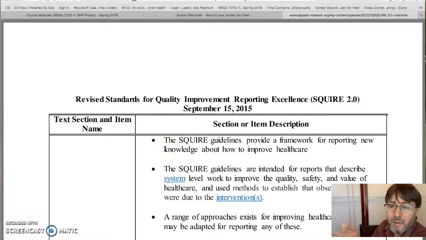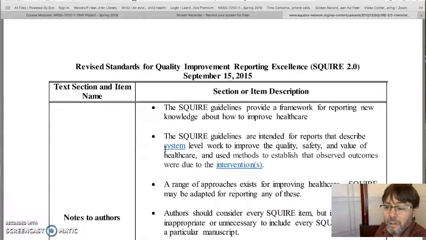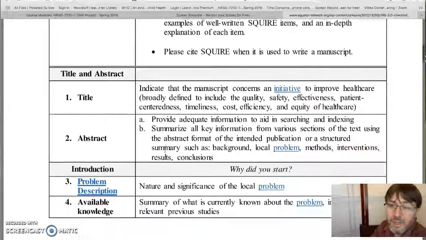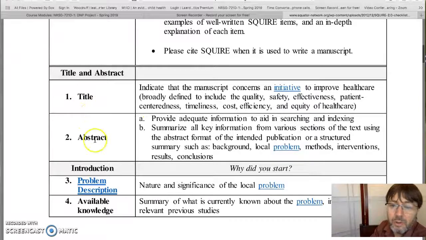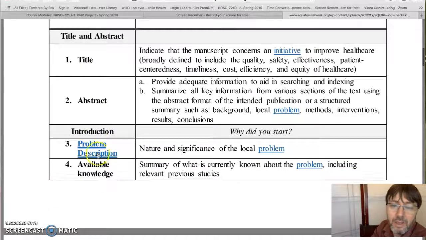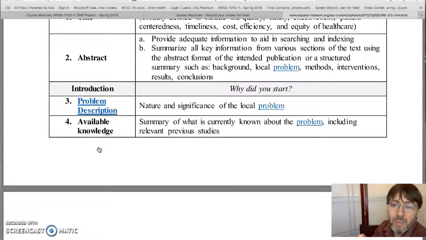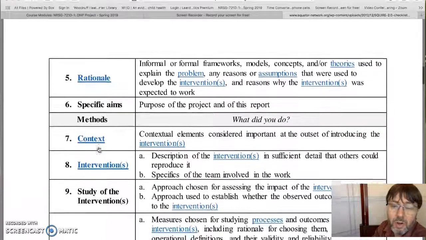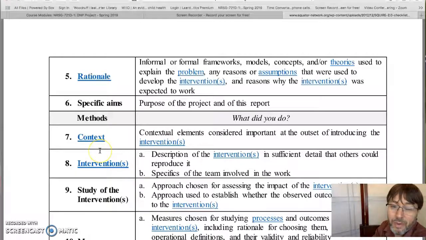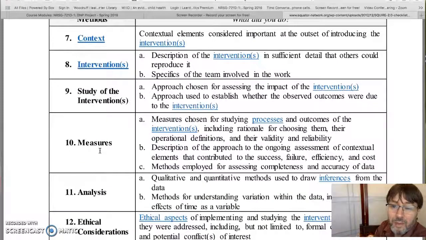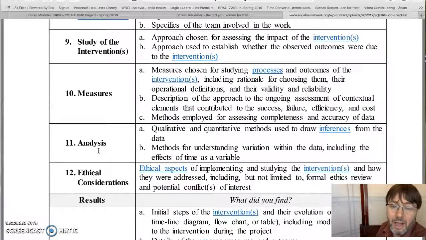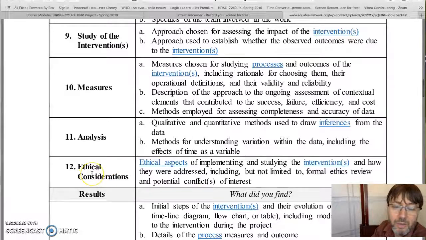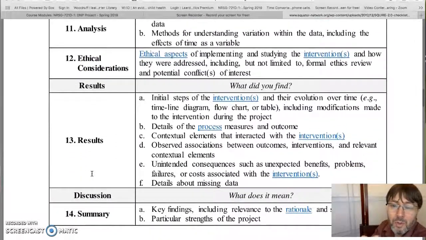So these are the standards, Squire 2.0, for reporting quality improvement research or studies in scholarly publications. They tell you how to structure your title, things that you need to have in your abstract, that you have to include the problem description, have to talk about what's known about the problem currently, provide a rationale, specific aims for your work, describing the context, the intervention that you're using, what you're measuring, and then how you go about analyzing your data. You have to talk about the ethics of your work, and then describe your results in specific